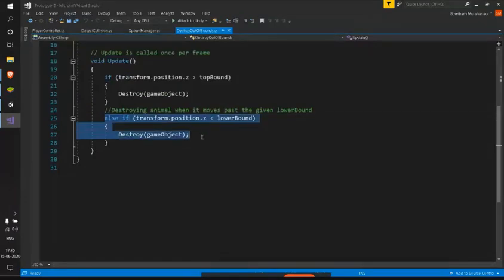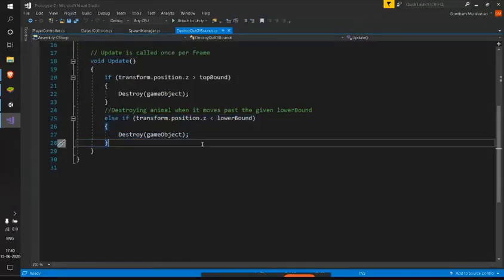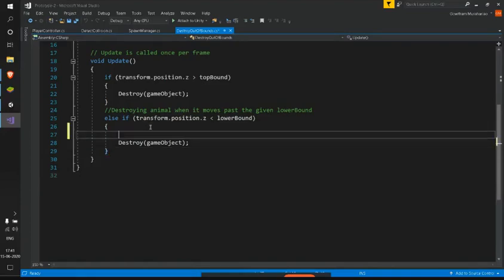Here we have our animals going past our player, like they're going behind our player, which means our player can no longer feed that particular animal. So here I can say the game is over. To do that, I'll just use Debug.Log and say game over.